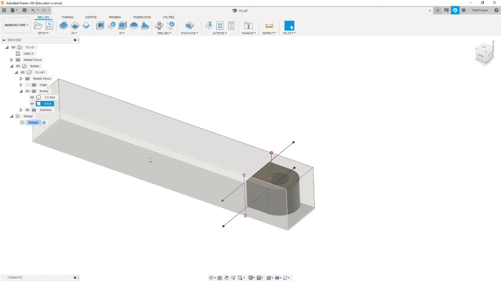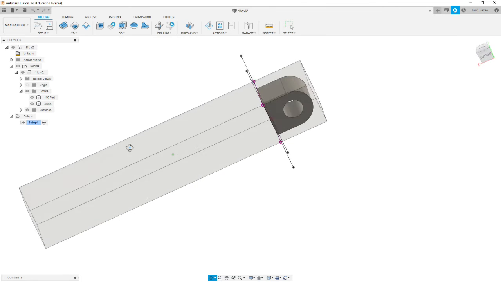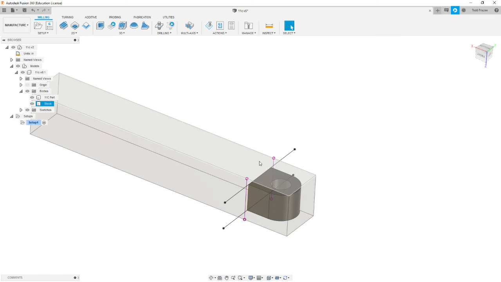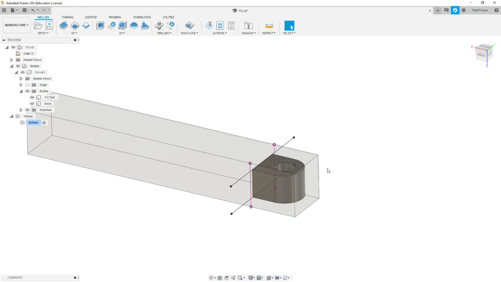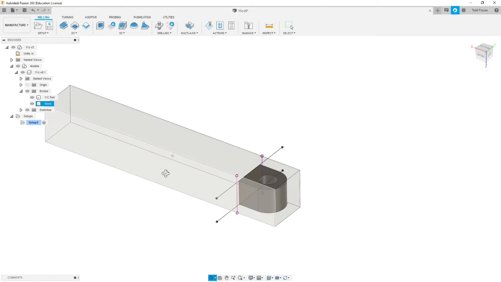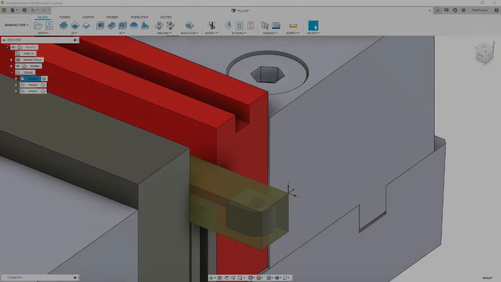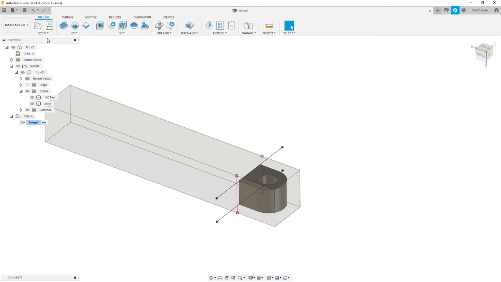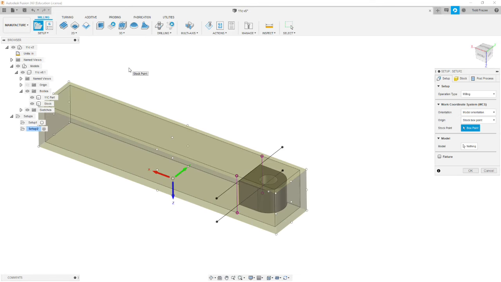Now let's set up setup 2. We're going to rotate our part 180 degrees about the x-axis, which should orientate the opposite face facing up that we had in setup 1. This rendering is to help you visualize how the stock would be held in the vise for this operation. We're going to create our second setup,